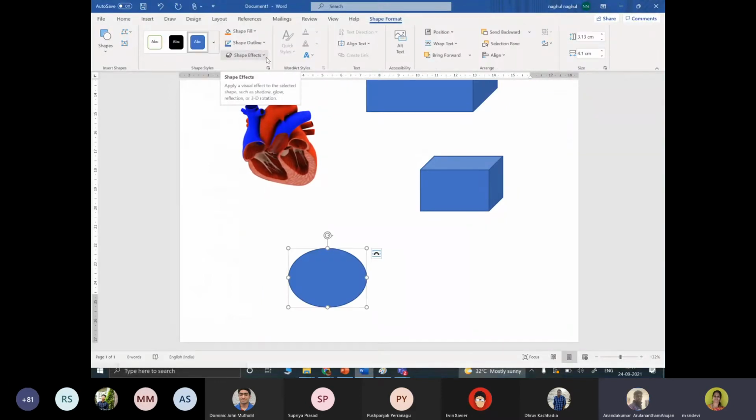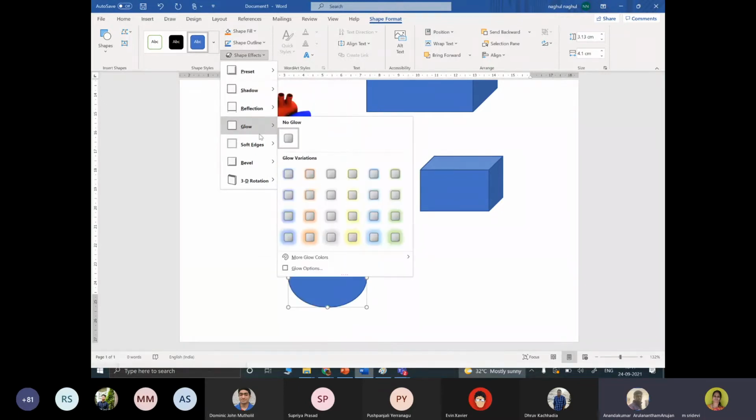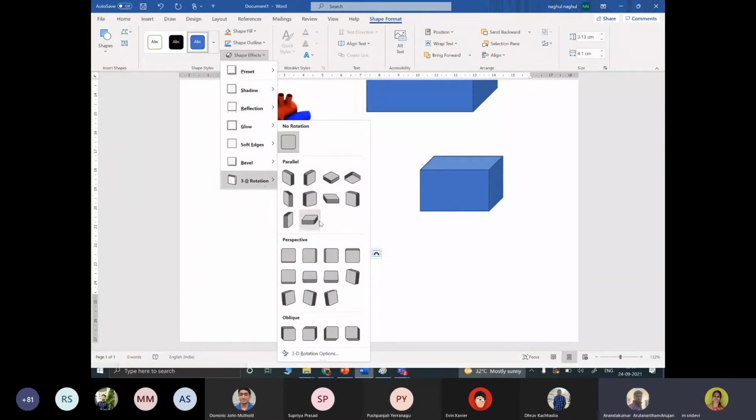Properties are there: shape, effect. You can give a shading effect, reflections, glow and soft edges, bevels and 3D rotations, whatever you want, you can specify. When it comes to 3D rotation, you can see the rotation we have studied,